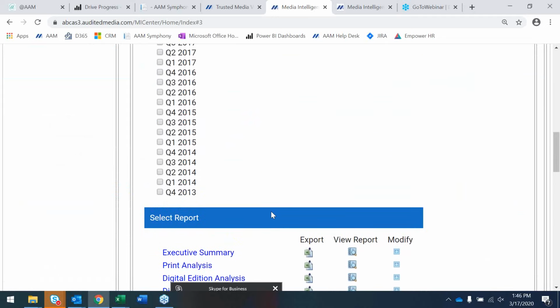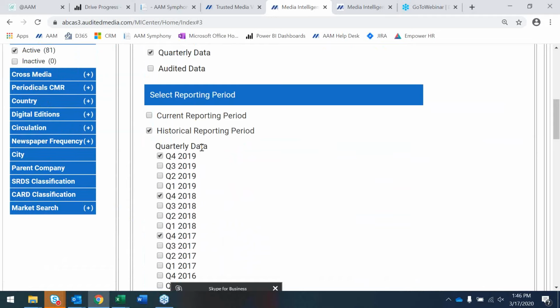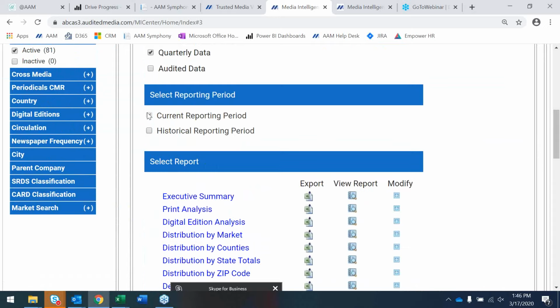So you can always choose your historical reporting periods, and it's a quick visual. All US, so here, all the time, you can always click on that. Remember, current reporting period is the default. You can always check historical reporting period. So for a quick visual look at zip code data, we recommend using the distribution map tab in a publication's